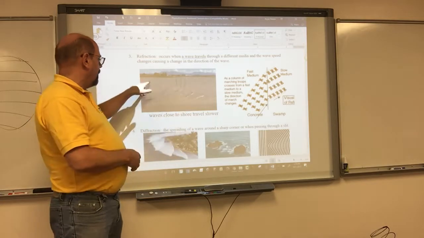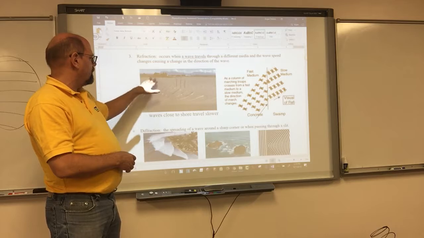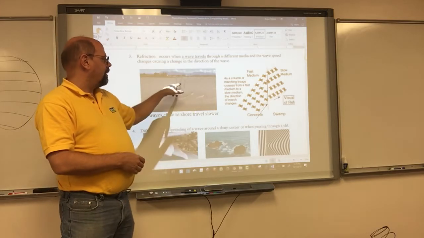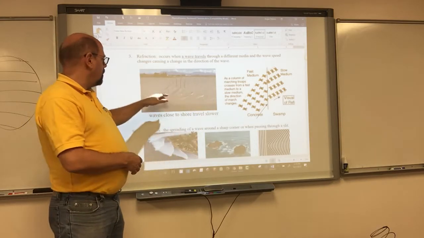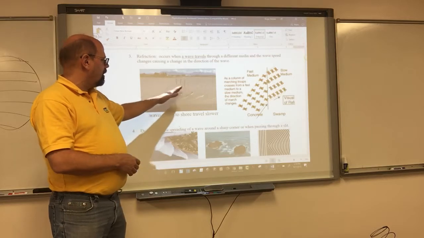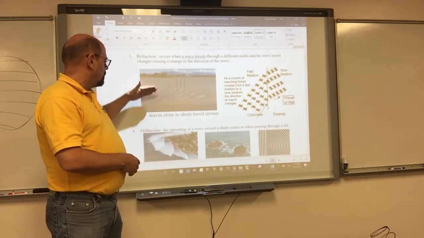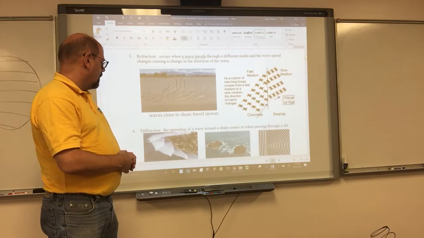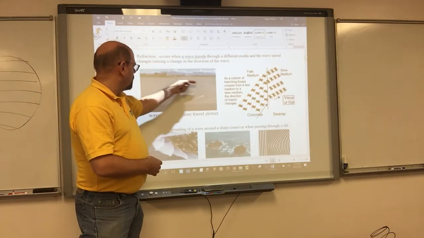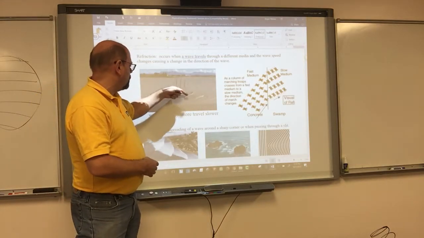But if you look at the example in your notes, you can see the waves in the middle of this area. That's a lake, a little finger of a lake that's coming in. You can see the waves are moving just parallel to the shore. As you get closer, though, those waves are getting a little bit of friction, and they're coming in a different direction. And as you get real close to the shore, you see that those different directions are in here, so that the direction of the wave travel is this way.